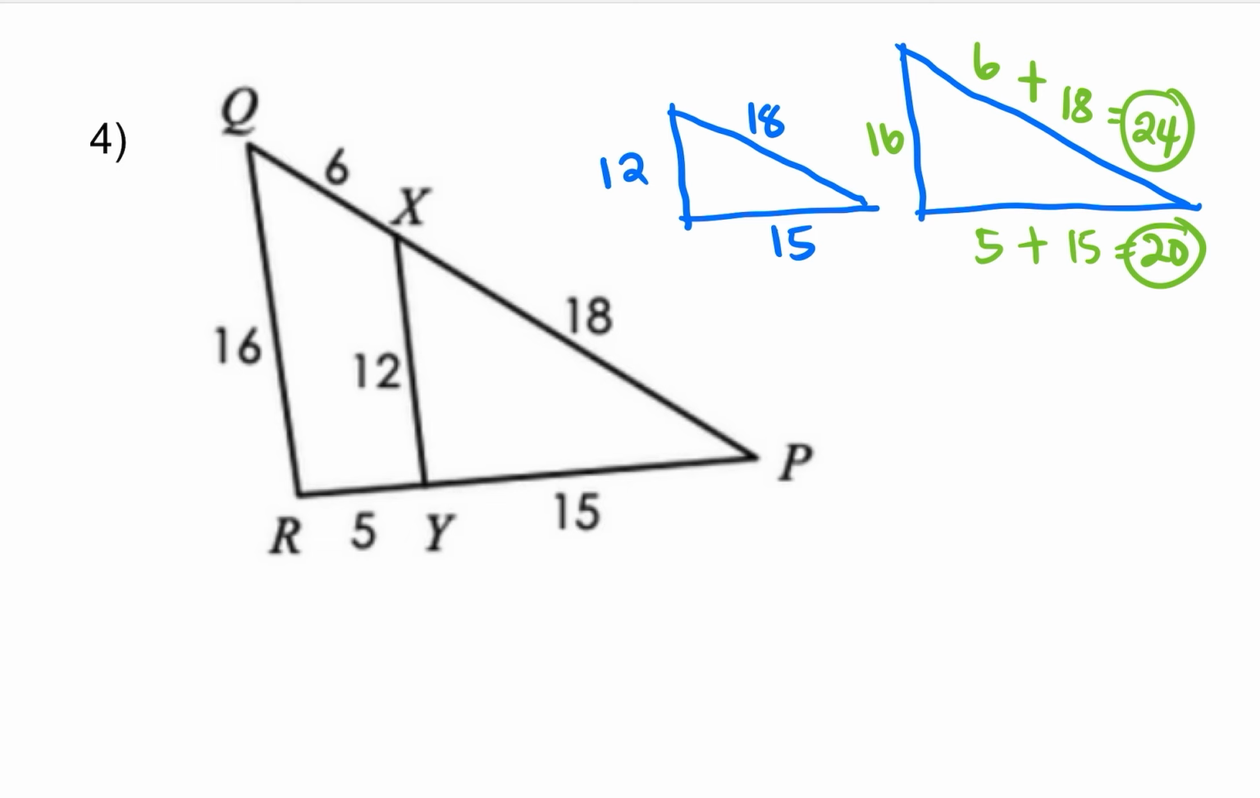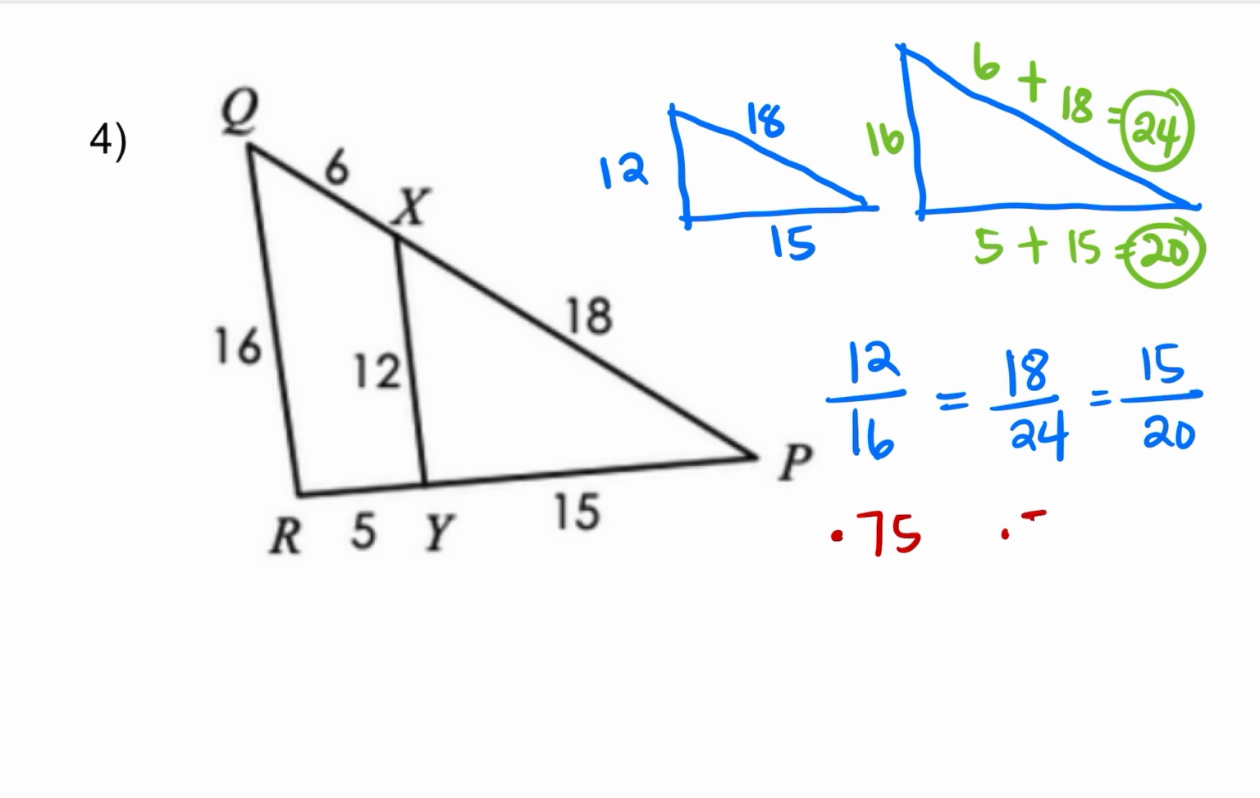So let's set up our proportion. We have 12 over 16. We have 18 over 24. And we also have 15 over 20. So when we simplify, this gives us 0.75. This also gives us 0.75. They're equal then. Then 15 over 20 is also 0.75. So they are all equal, and so therefore we say yes, these two triangles are similar by side, side, side